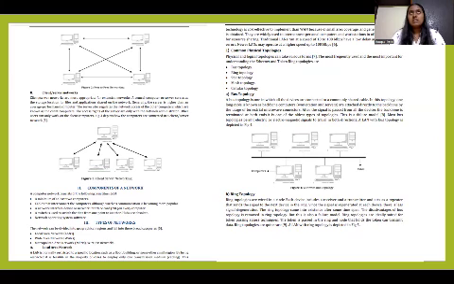Local area network is for example for a college or for an institute or for a single company. Wide area network is like for a city where different colleges together have a single network, called a WAN. Metropolitan area network is for like a state, like two, three states interconnected, like that.